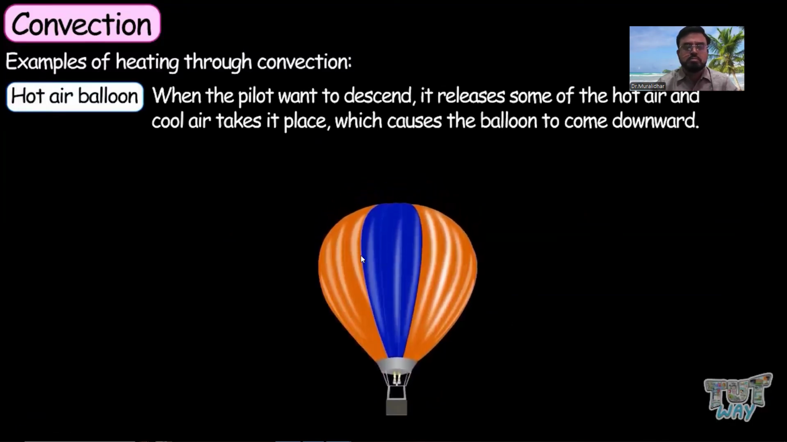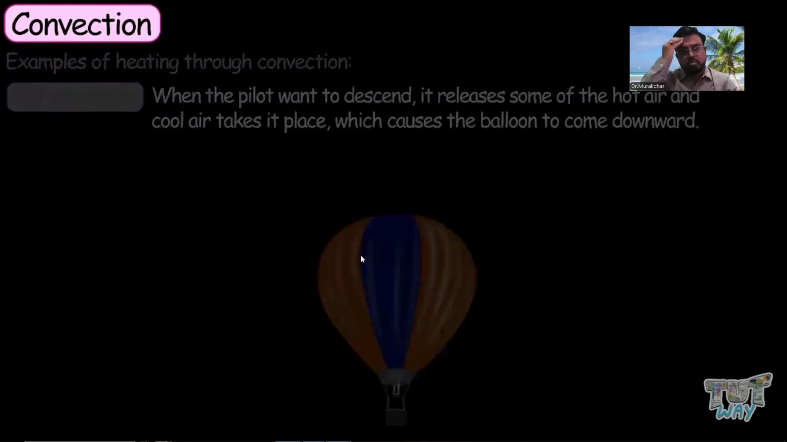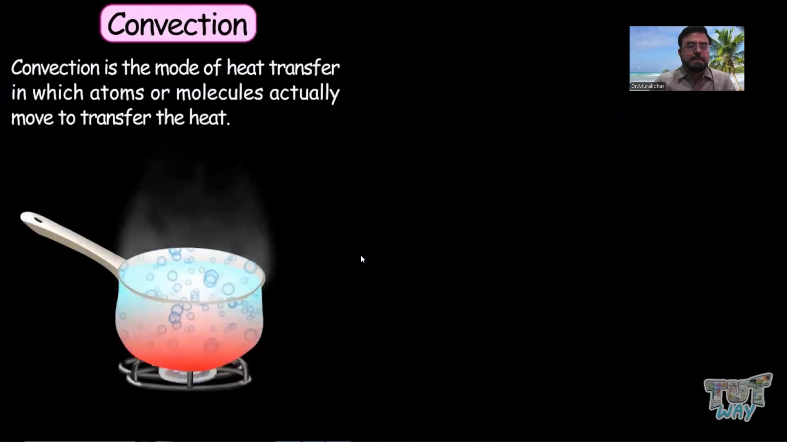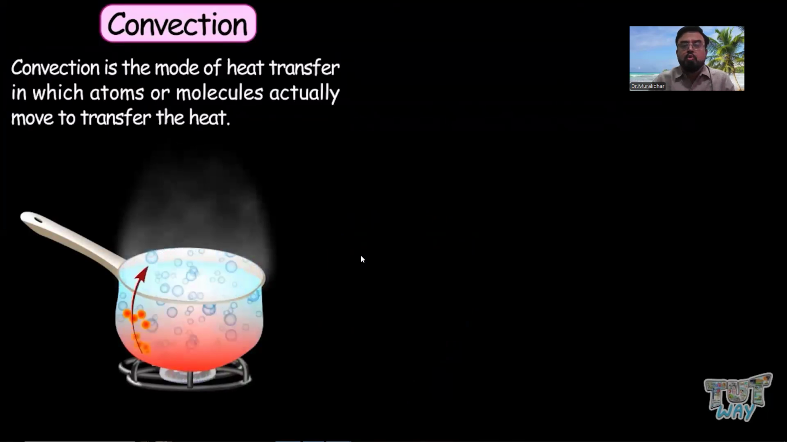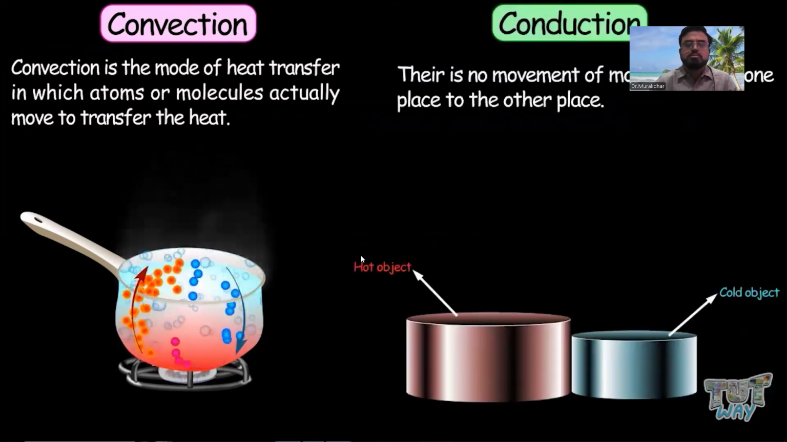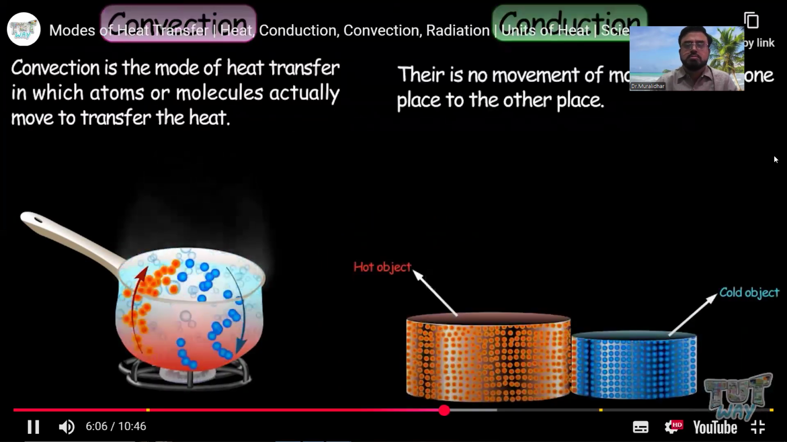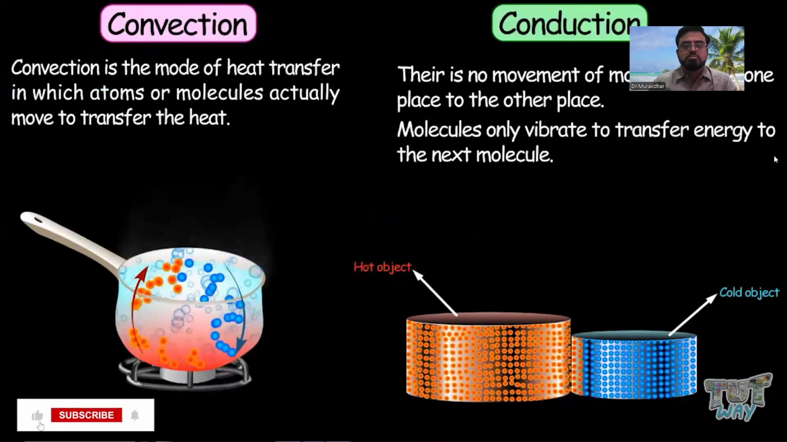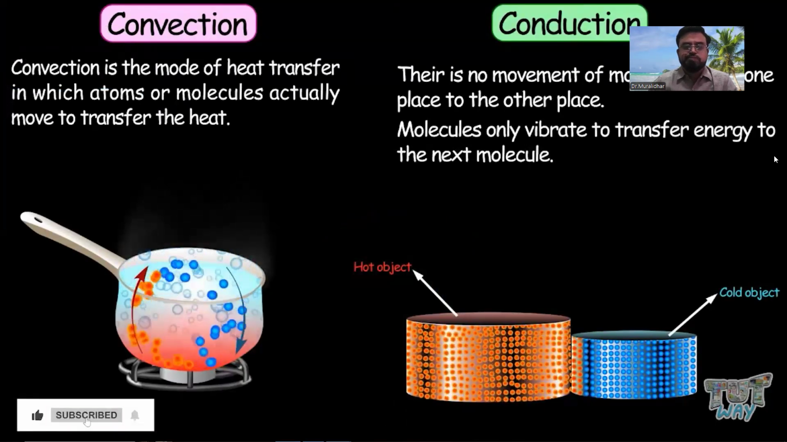This was about convection. Let's repeat. Convection is the mode of heat transfer in which atoms or molecules actually move to transfer the heat. And in the case of conduction, there is no movement of molecules from one place to the other. Molecules only vibrate to transfer energy to the next molecule. Now let's learn about the third mode of heat transfer,